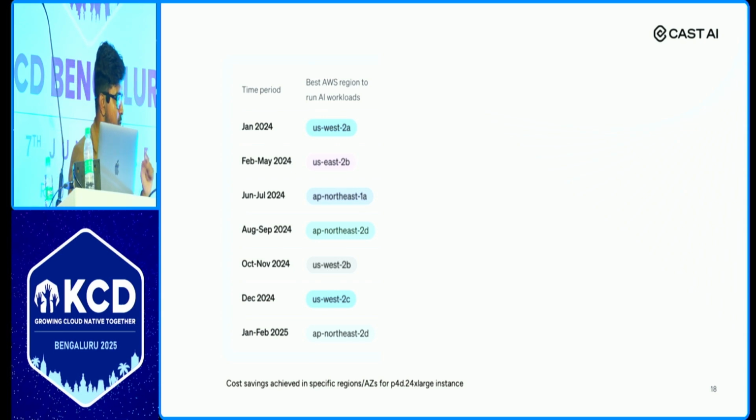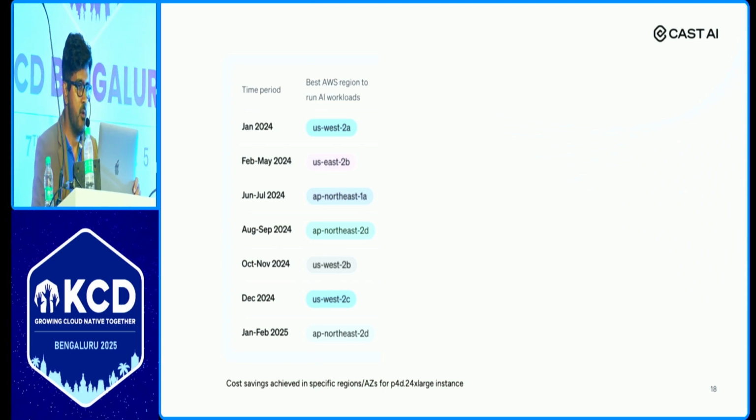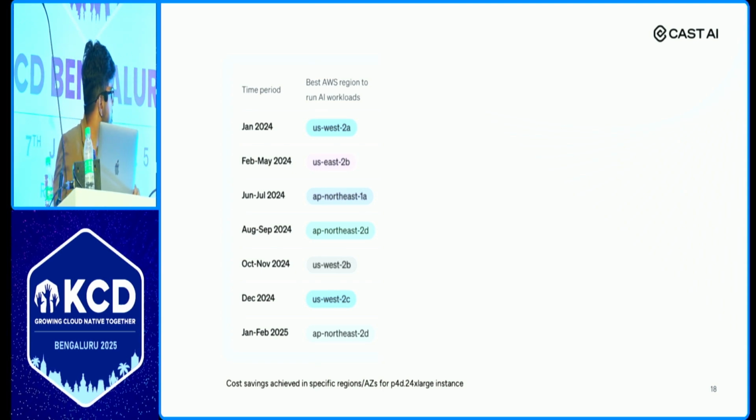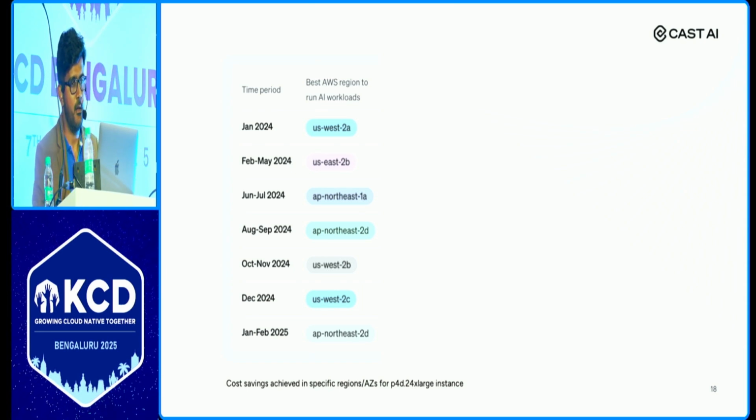Tokyo is notorious for Spot. If you have seen, Tokyo has very low availability of Spot. But in the GPU case, it is highly available, especially in these two months. Cheapest solution possible, right? Then you move to Seoul, which is Korea. South Korea is the next candidate in the list, and the list is going on, right?